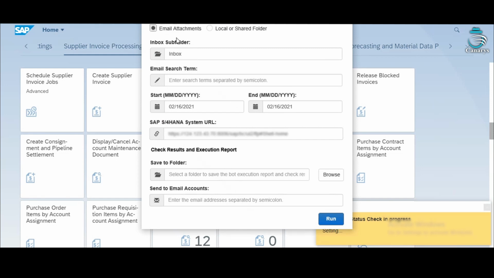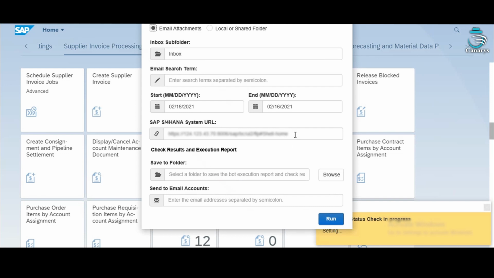In order to execute this bot through the email attachment, you should have an email in your Outlook account in the inbox folder, and that email should consist of a spreadsheet attachment, and it should be an unread email. You can mention either the inbox subfolder or the search item like a subject or a body or a from date, sender, etc. Also you have to mention the start date and the end date for when the email came.